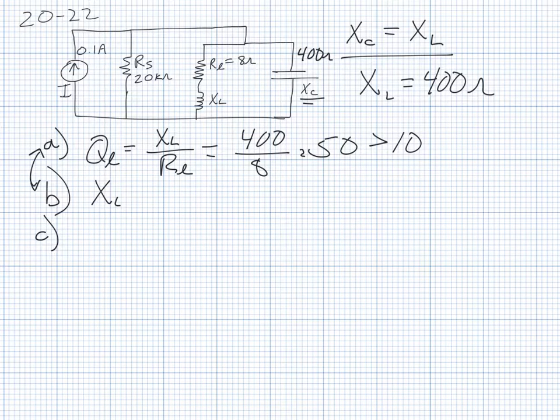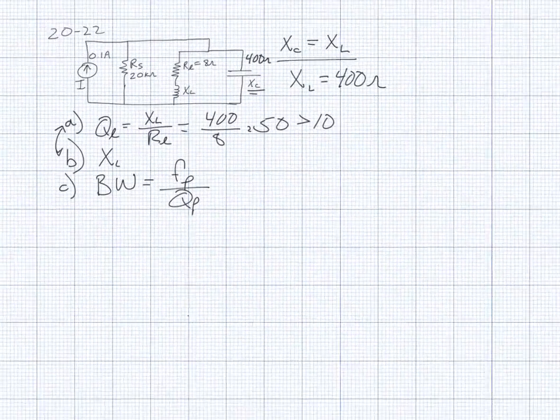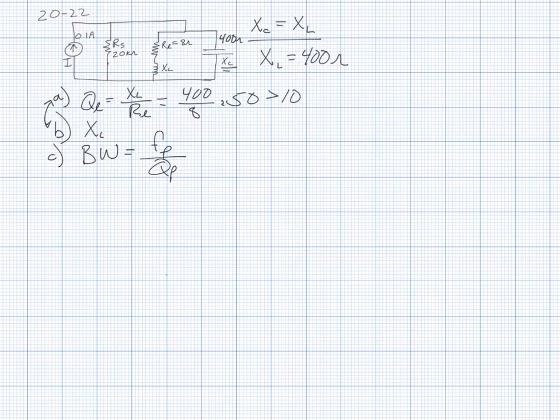So really, we're looking to use the bandwidth being equal to this, right? And we're going to calculate our QP. Let me slide this up here, shrink this and slide it up. We're going to go ahead and calculate our QP based on